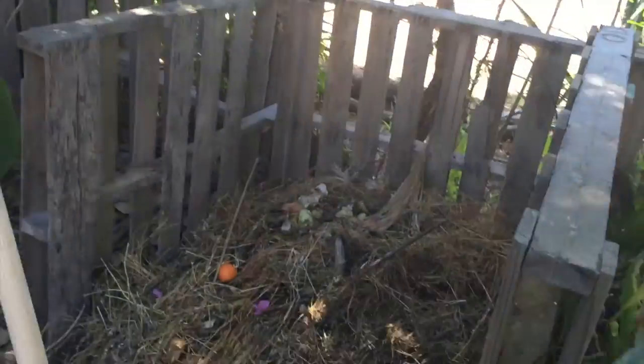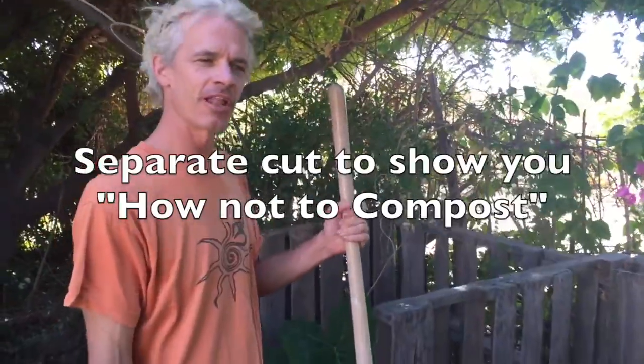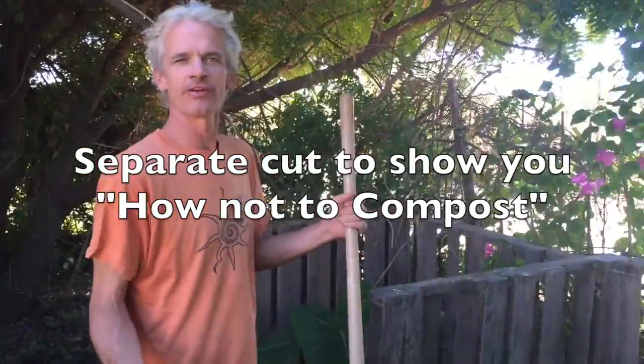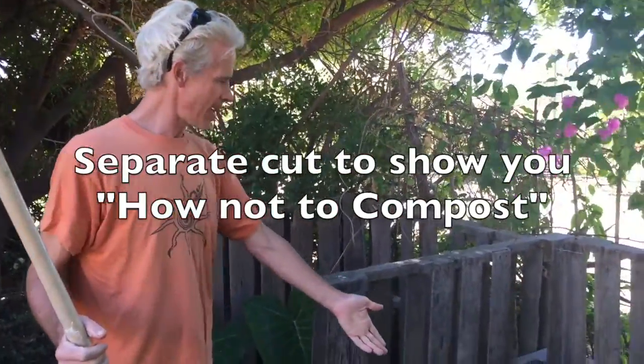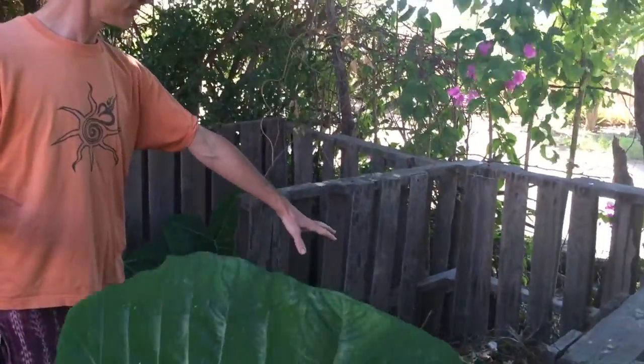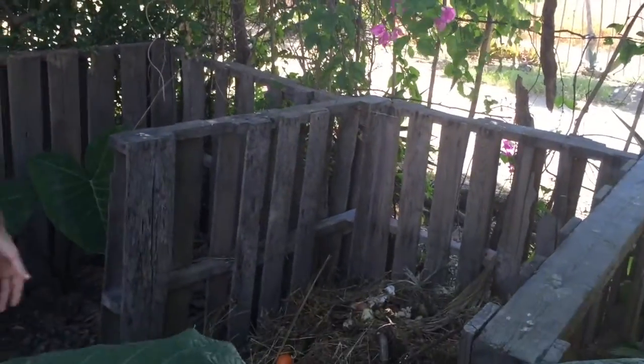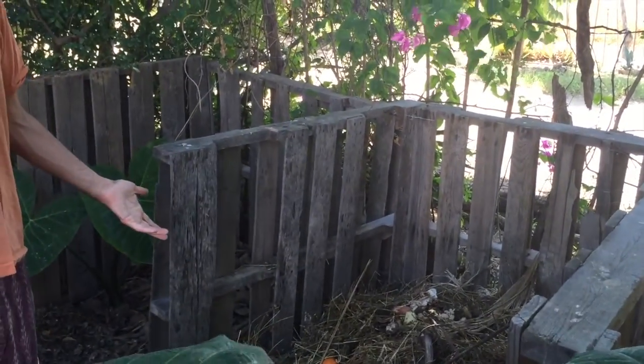So we had tons of flies in the house today, which hasn't been a problem all season, and I realized my family didn't know how to do the compost. So I thought I'd come out here and show you before I actually do it appropriately. There's a lot of food just sitting there on the surface, and there's tons of flies there. So if you don't do compost correctly, you're going to end up with flies,